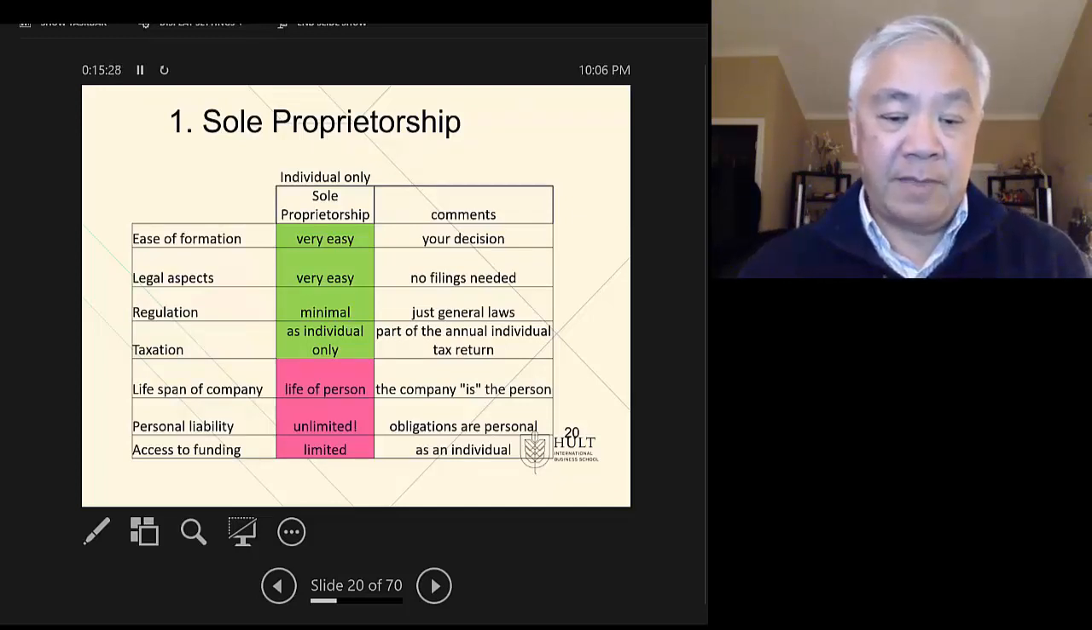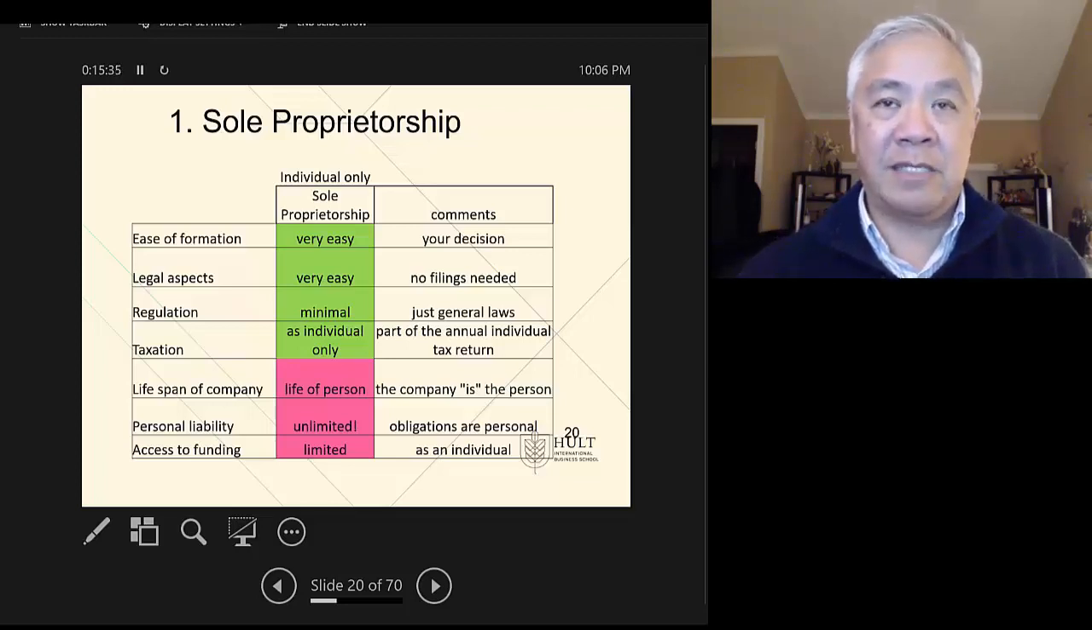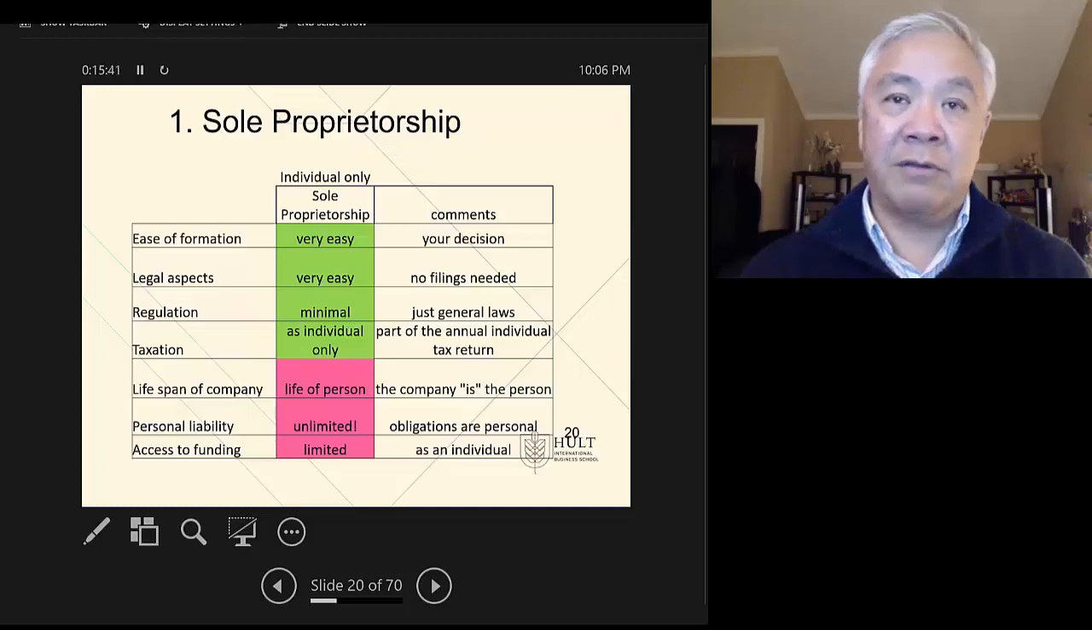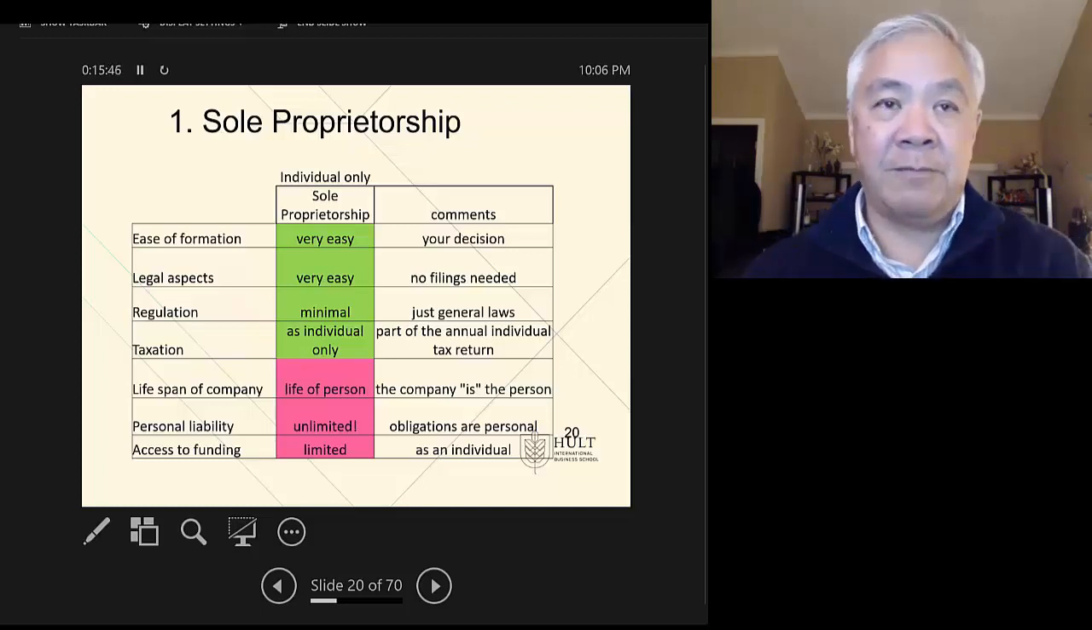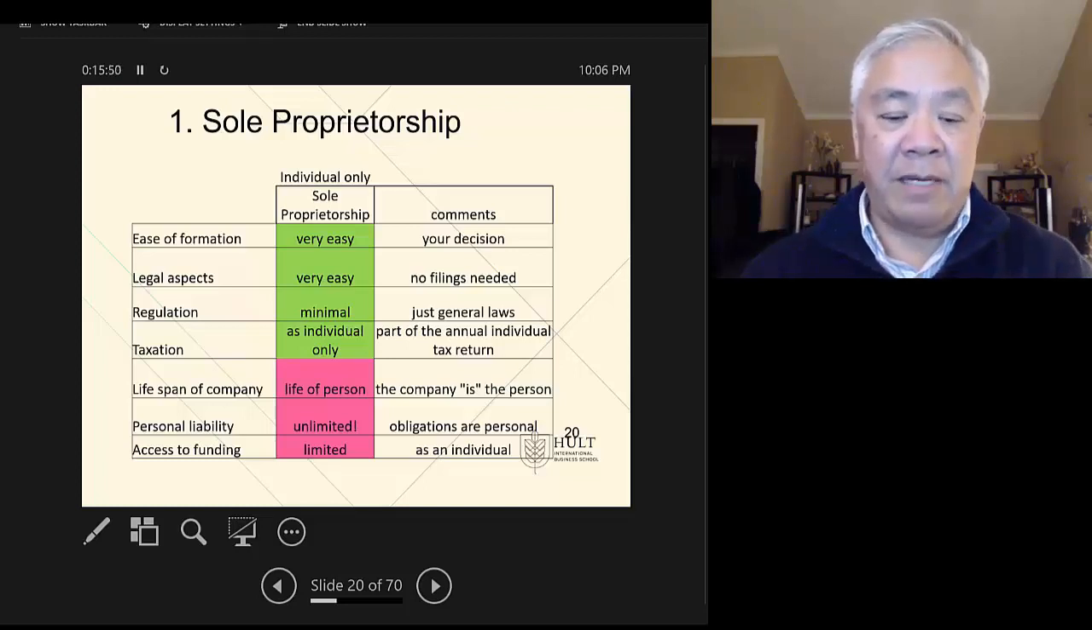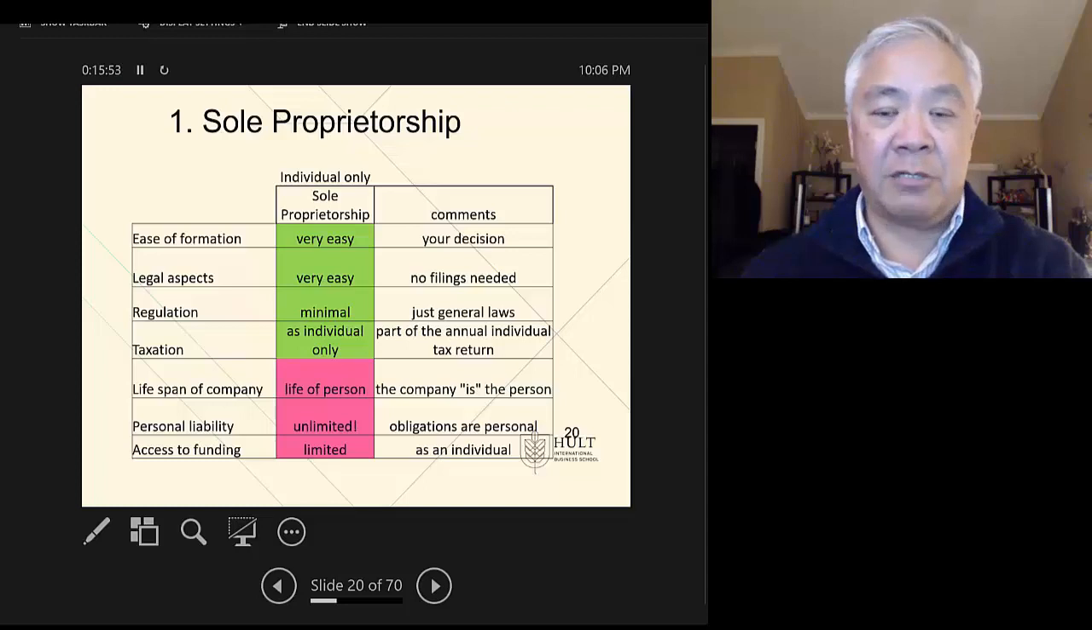The ease of formation is very easy. You just file a name that says I will now do business as. That's what DBA is. Do business as ABC Co. Legal aspects, also very easy because there is no owner other than yourself. There are no contracts necessary. Regulation, pretty minimal. You still have to adhere to being an honest and law-abiding business person, but nothing special for